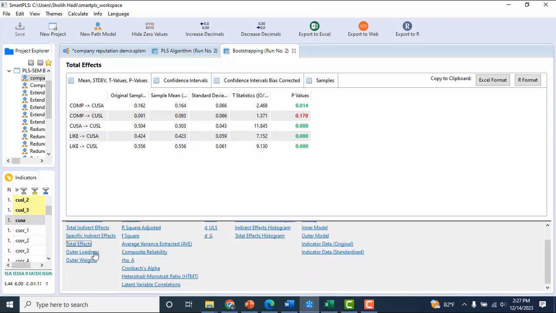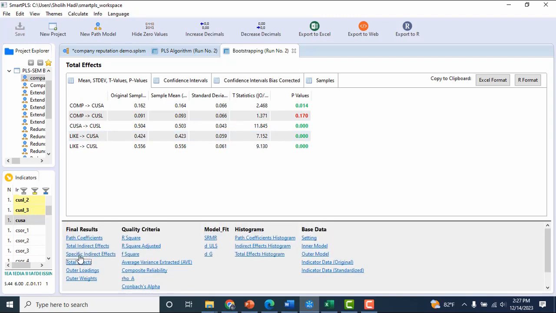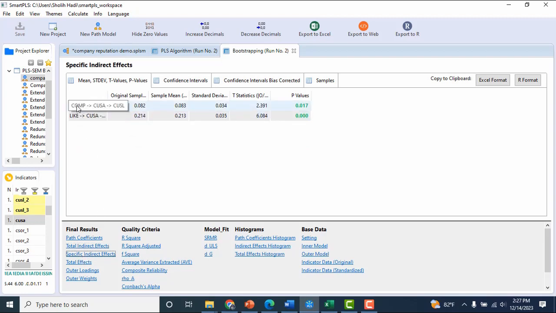So we can see here, from COM to JUSL by JUSA is significant. From LIKE to JUSL via JUSA is also significant. This is the mediation effect.